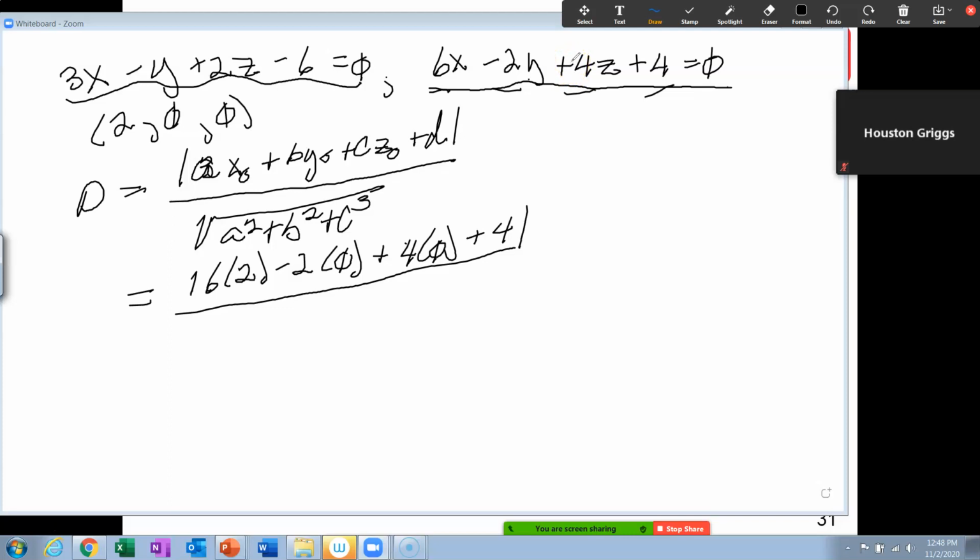Well, they're not the same plane, because if you did 2 times this, that would be 6, minus 2, 4. 2 times this would give you a minus 12, but this is a 6, minus 2, 4, plus 4. Definitely not the same numbers, okay? But they're parallel planes. Now the distance, and we had just done this right before you came in,